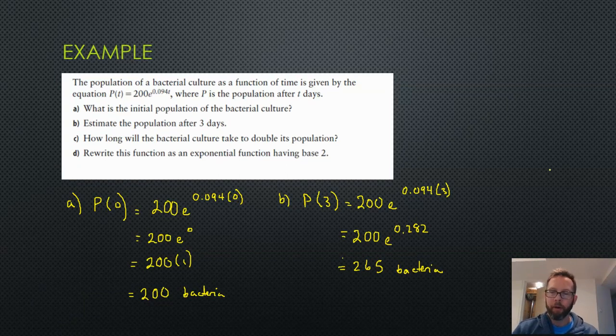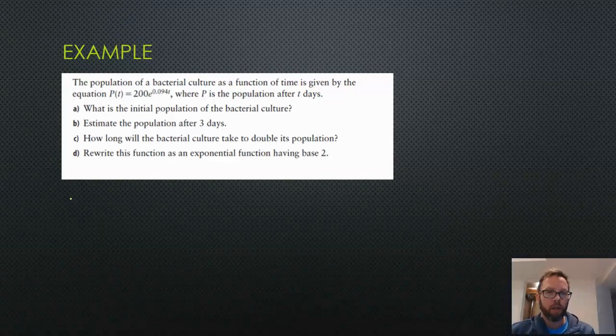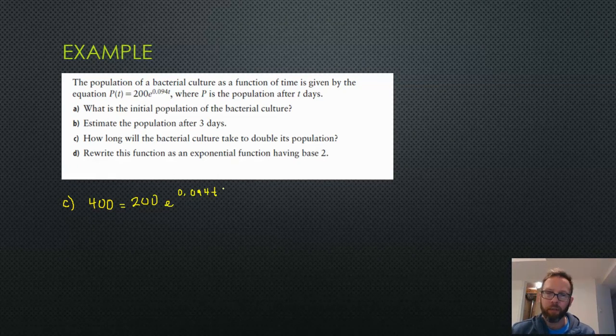Let's do part C on my next slide, same problem here. How long will the culture take to double its population? Doubling the population from 200 to 400, we're setting P of t to 400, and we're going to solve this equation for t. This might be one of our first examples of actually solving an exponential equation. I think we might have done some in a warm-up yesterday. But let's isolate the exponential stuff. Divide both sides by 200. You get 2 equals e to the power of